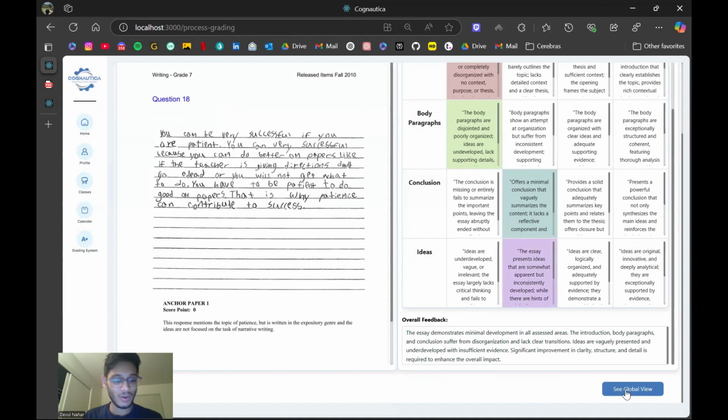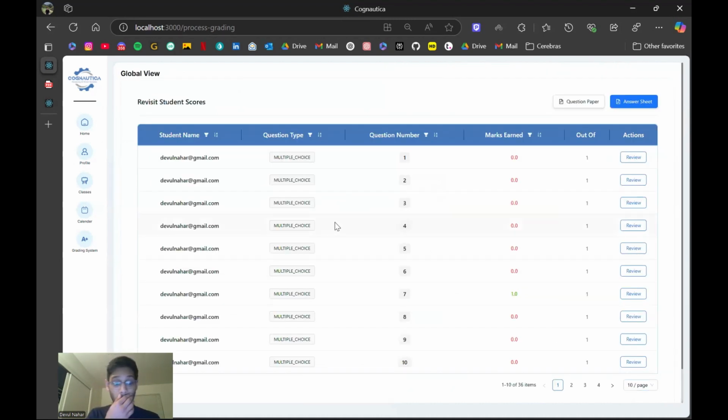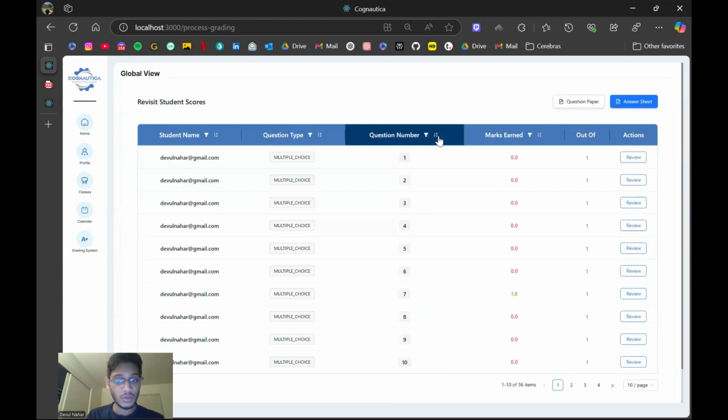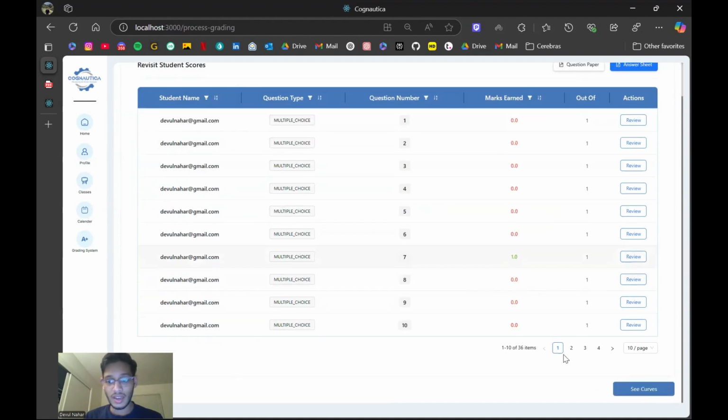Let's go ahead and now look at the global view. What this global view means is that once the assignment has been completely graded, the teacher can look at the specific questions for each student. They could sort, and they have a complete overview of all kinds of questions from the database. Once they have verified everything, they can go ahead and go